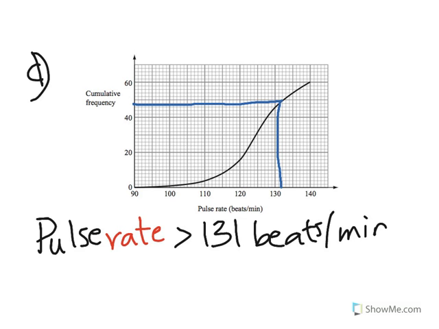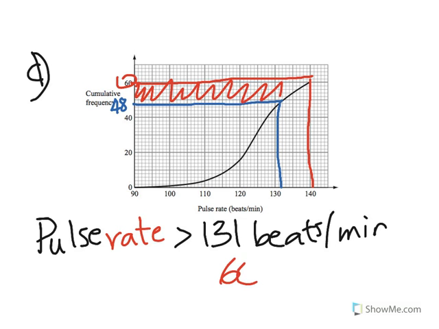So you see the frequency over here is at 48. And then you got to go to the maximum value the pulse rate can go to, basically the highest value that people have. So in this case it's 140, and you go across, and you'll see that it stops at 60. So that means all the people who have a pulse rate of more than 131 should be in this area. So it's nothing but 60 minus 48, and that'll give you a figure of